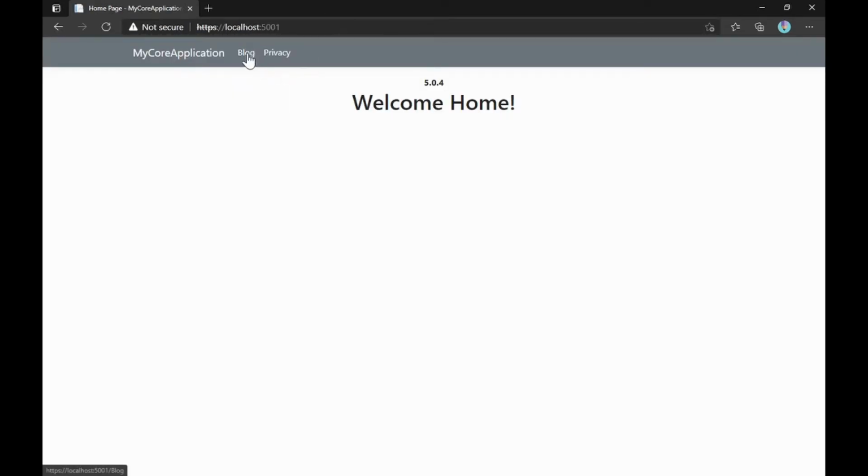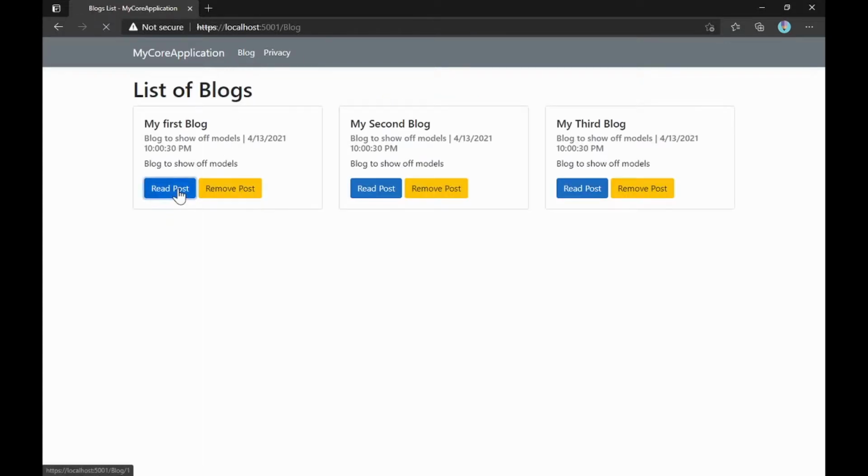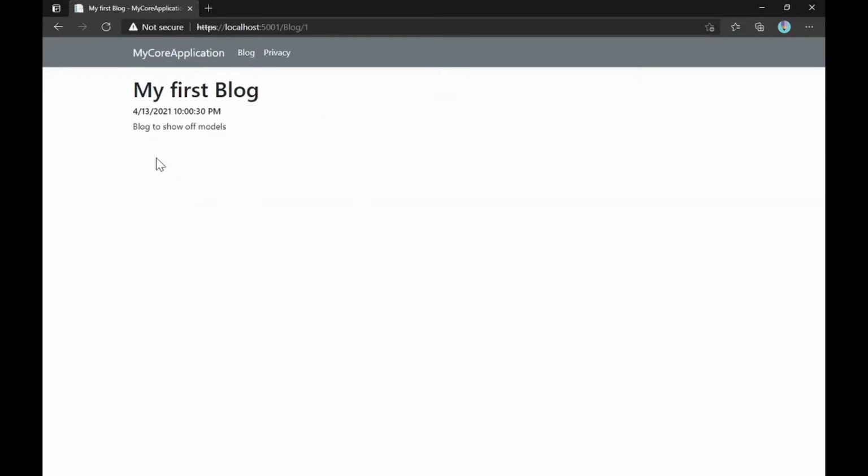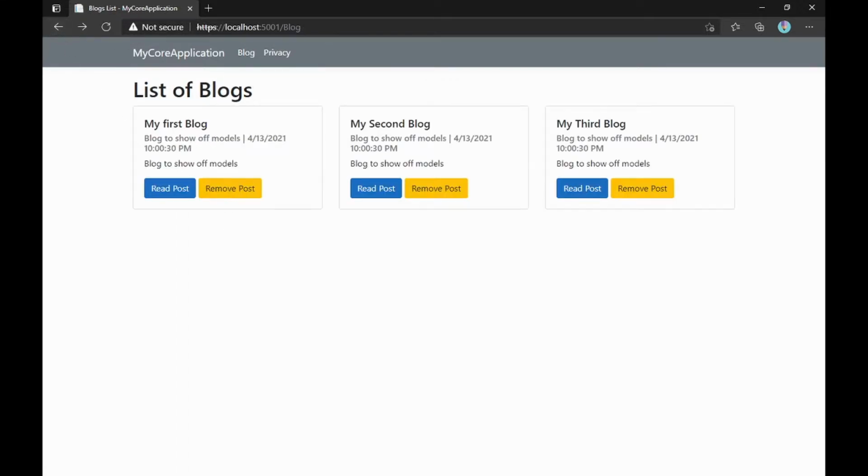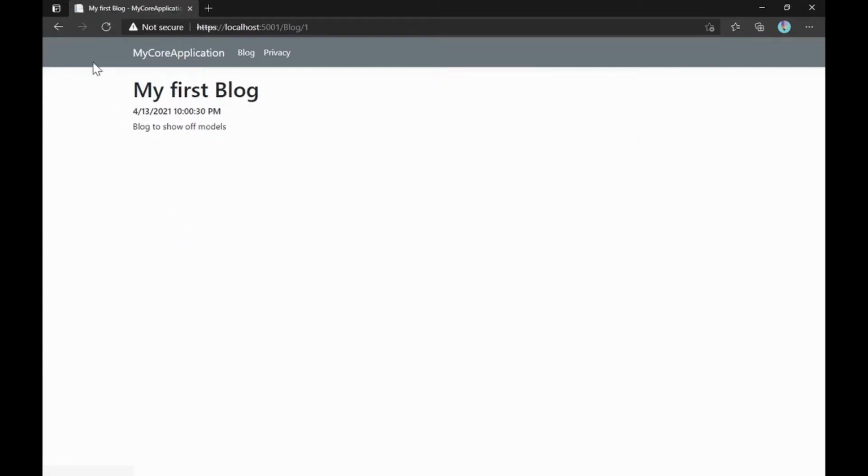Once our application is running, I'll open the link. Okay, this is the application. I just want to take you through the things that I will create using HTML helpers and tag helpers so that it is clear what we are doing here. I'll go to this blog page and this post page. What I am trying to do here is add a link or a button, clicking on which will take me back to the previous page, which is this page in this case. So basically I'm trying to replicate this button here. Make sense? Okay, let's get back.